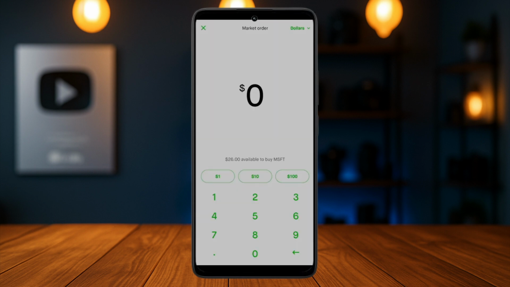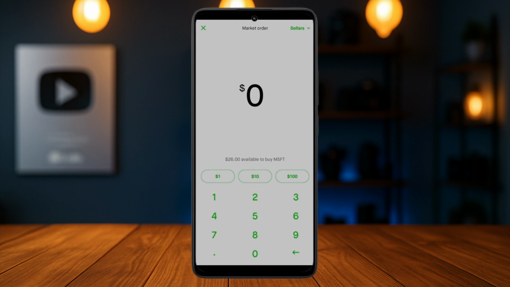Once you tap on the buy button, it's going to take you to this screen where you can now add in the amount of dollars that you want to purchase this particular stock. Now before you buy stocks, you'll need to make sure that you know the type of orders that you can make. To look at the orders that you can make, tap on the dollar option that is on the top right. By default, the type of order will be set to market order, as you can see on the top,